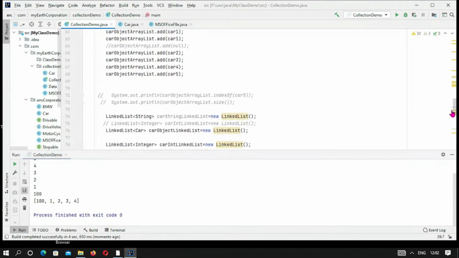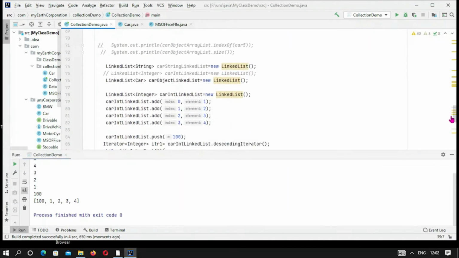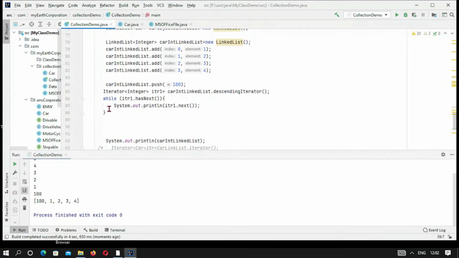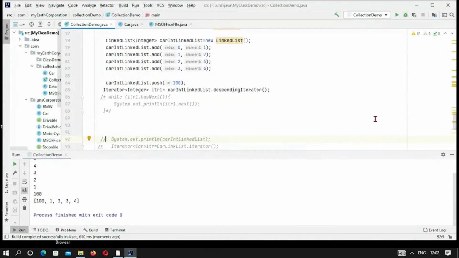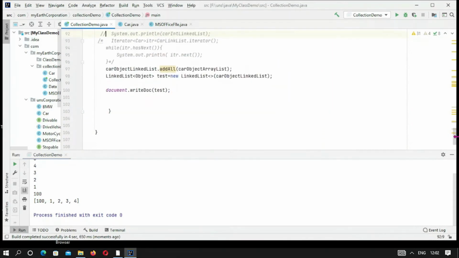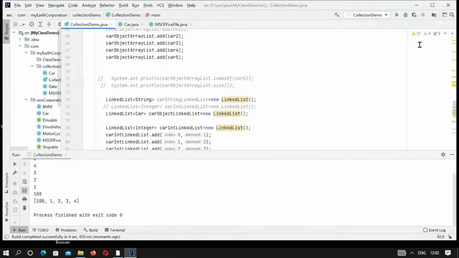So let me first comment these two. There should not be any system out statement, otherwise it will produce output which will not be visibly distinguished.